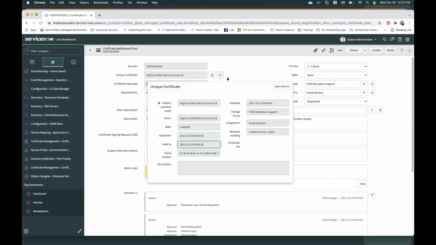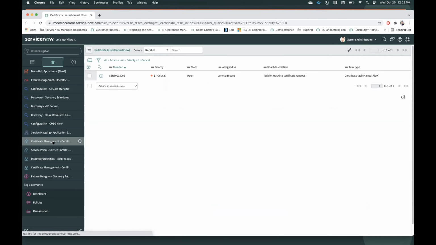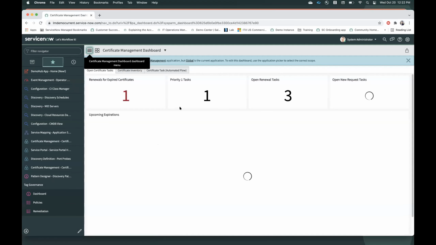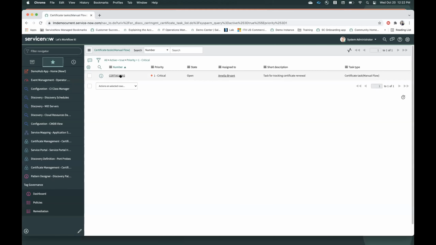So we can get ahead of the curve and auto-create these tasks to renew or revoke, whatever that looks like. And this is going to happen automatically. Let me go back and show you what that looked like on our dashboard here. You can see that there was a priority 1 task automatically created on my dashboard that I can track. And when I open up that task, it was auto-created. By default, these tasks are going to be created 90, 60, and 30 days out from that expiration date